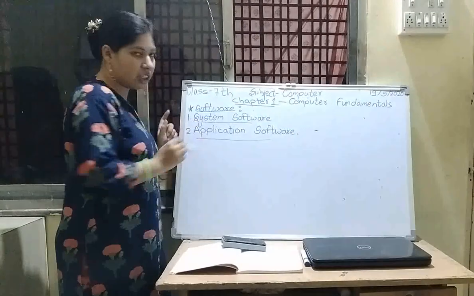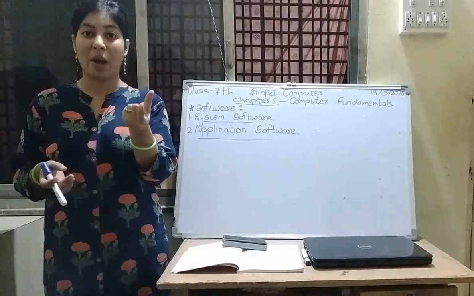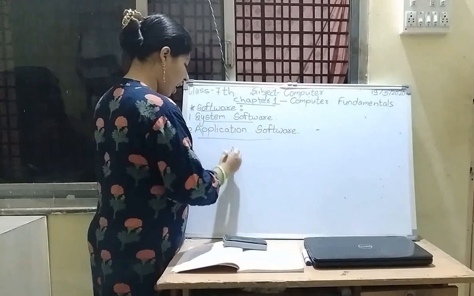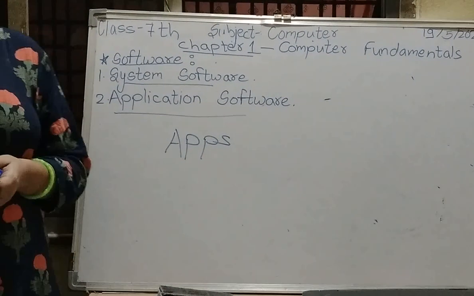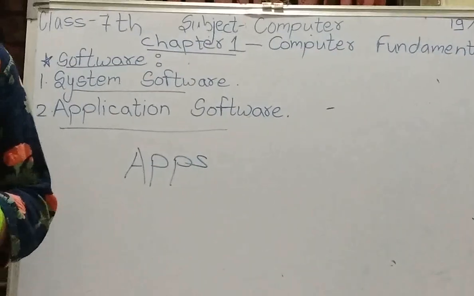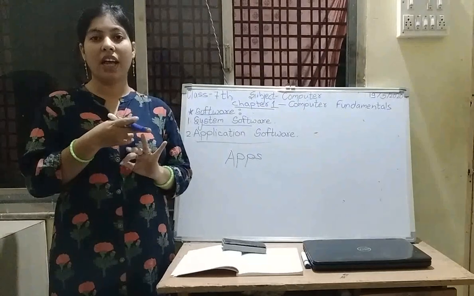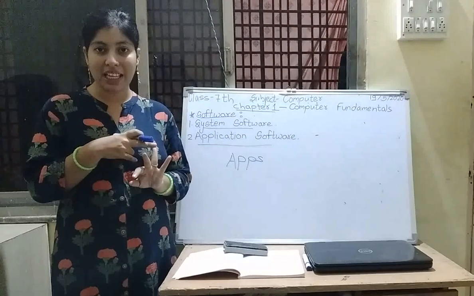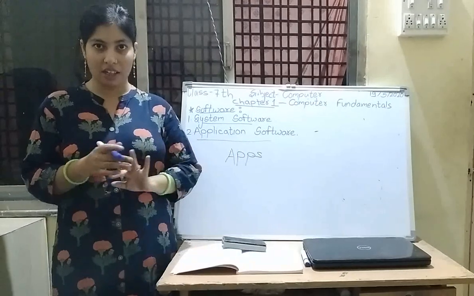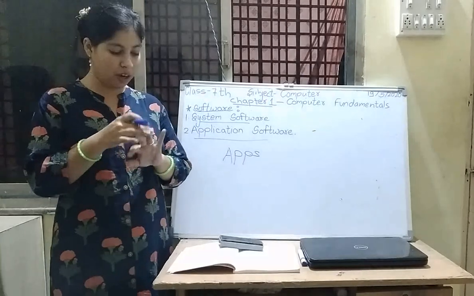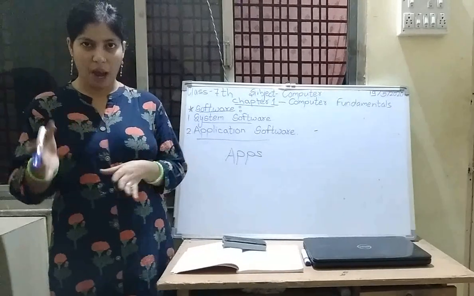The next type of software is the application software. Now application software we can say like apps. The short form of application is APPS, apps. You talk about apps daily now. So in our computer there are apps like worksheet, meaning MS Word, spreadsheet, meaning MS Excel. Then MS Access, that is a database software. We are going to learn it further in our 7th standard; we have a separate chapter. Then paint, presentation software. So these are the forms of application software.